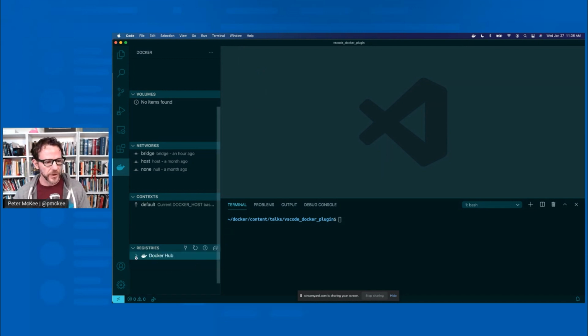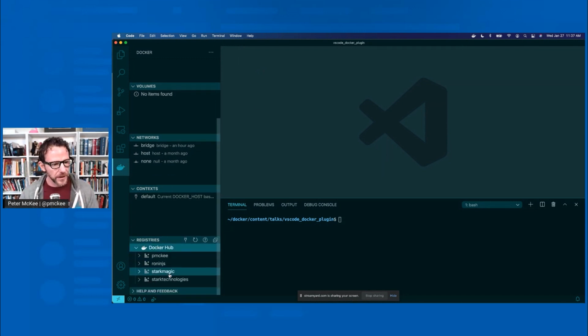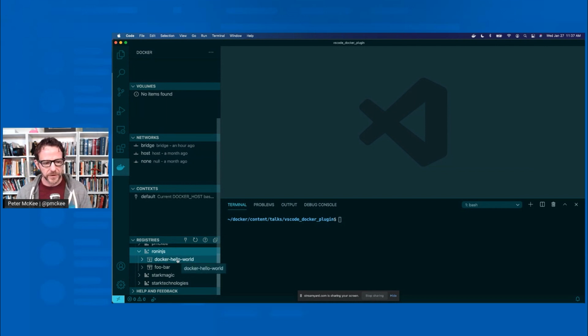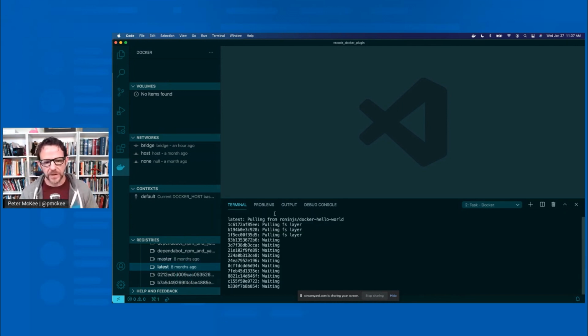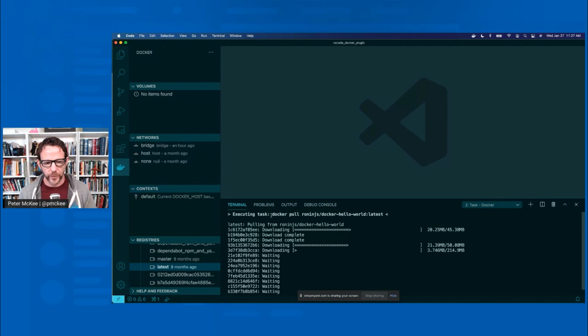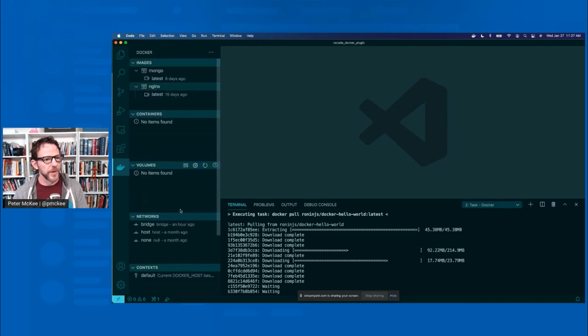So you can see Docker Hub here. You can expand hub and see the repositories that you're a member of. You can expand the repositories, see the images that you have, and then if you expand your images, you can see all the tags. I'm going to grab the latest here. An easy way to pull that image is to right click and choose pull. That'll pull down your image from hub. You can see right here what command is being run by the extension, a docker pull. Once it's done, it'll show up here at the top.